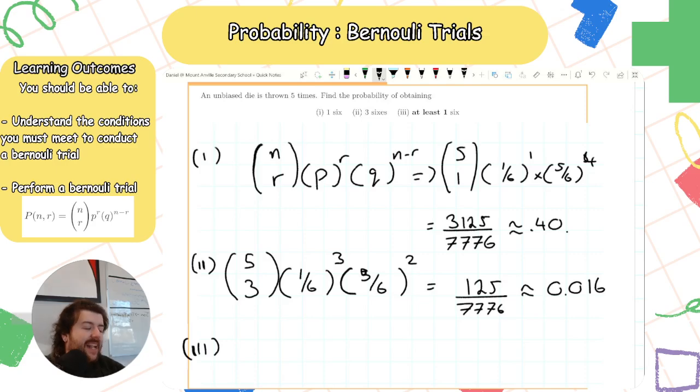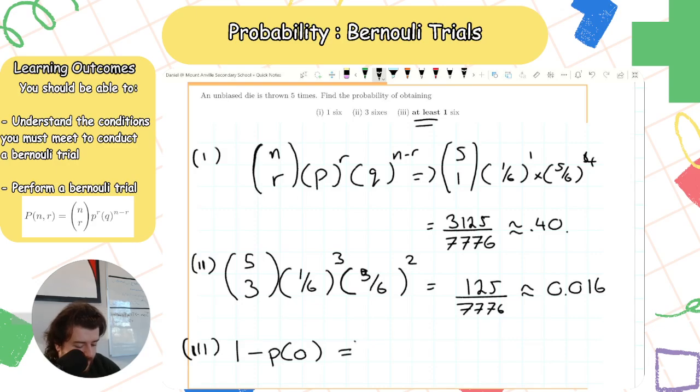So the probability of at least one 6. That means I can get one 6, 2 6s, 3 6s, 4 6s, 5 6s, or 6 6s, right? But it's a bit of an effort to calculate the probability of getting one 6 plus the probability of getting 2 6s plus 3 6s, 4 6s, 5 6s, etc. So usually, if we ever see the word at least, right, at least 1, what we do is 1 minus the probability of getting none,